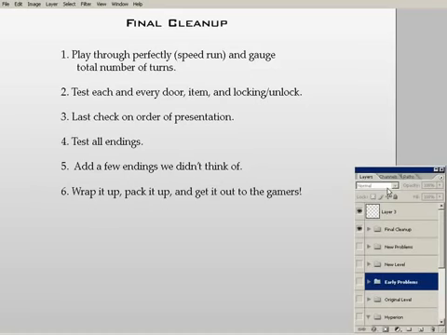Of course, we already discussed testing all the endings. We added a couple of other endings we hadn't thought of yet, and actually we've already talked about those too. What if the assault team hits your 150th turn in your off-world? This is actually where we added those in, at the very, very last second. And then wrap everything up, get it RAR'd, and get it out there to the gamers so that people could play it. And this would be when your game goes gold, technically speaking, because now you're sending it on to the publisher and you're done until you decide to write a patch or otherwise support the game in some way.